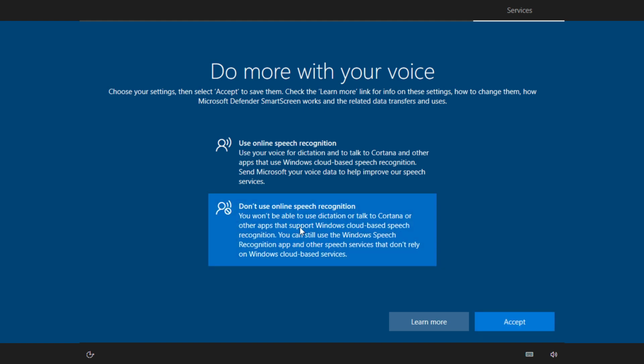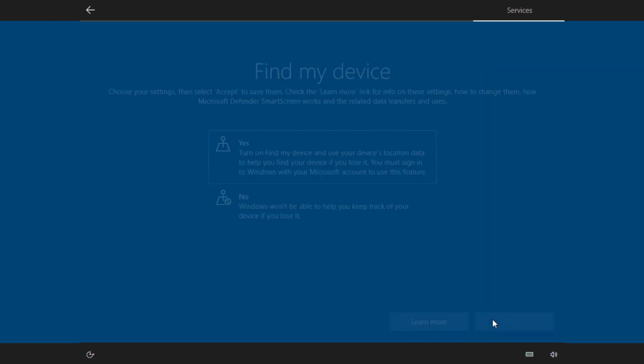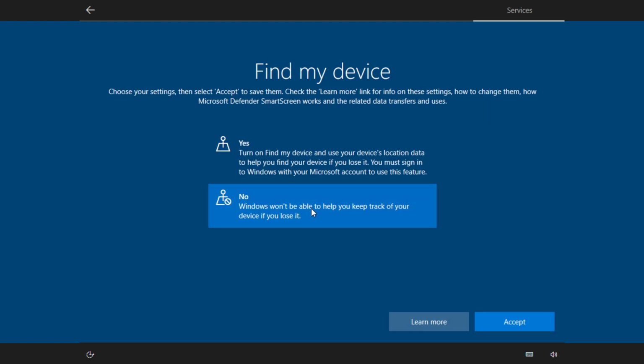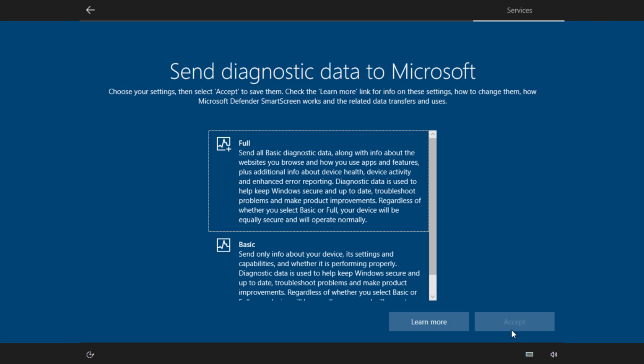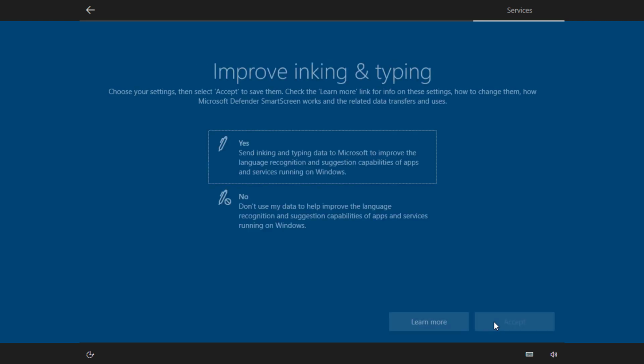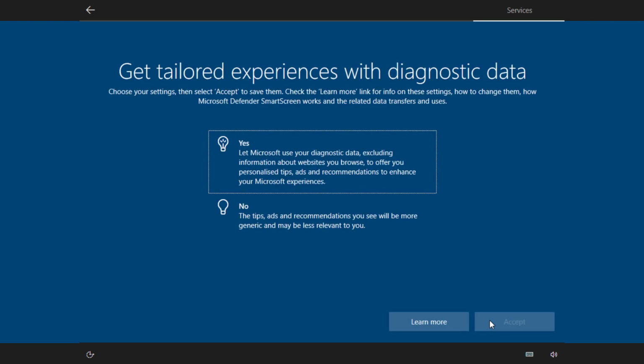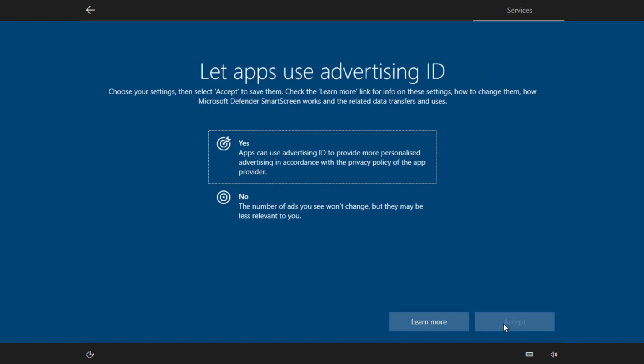Select don't use and click on accept. Select no and click on accept. Select no and click on accept. Select basic and click on accept. Select no and click on accept. Select no and click on accept. Once again select no and click on accept.